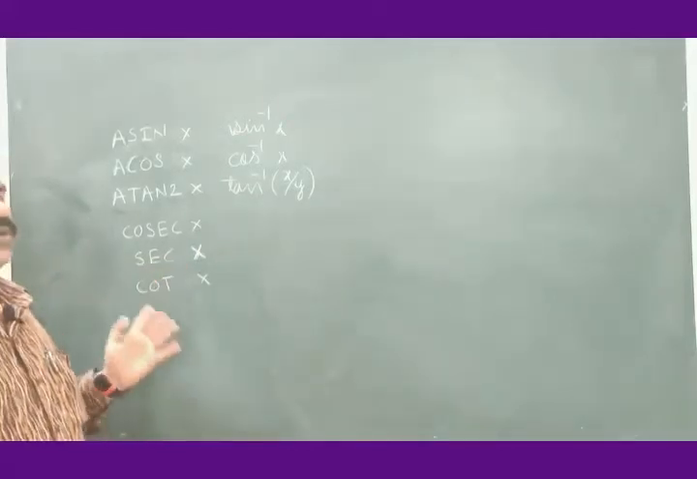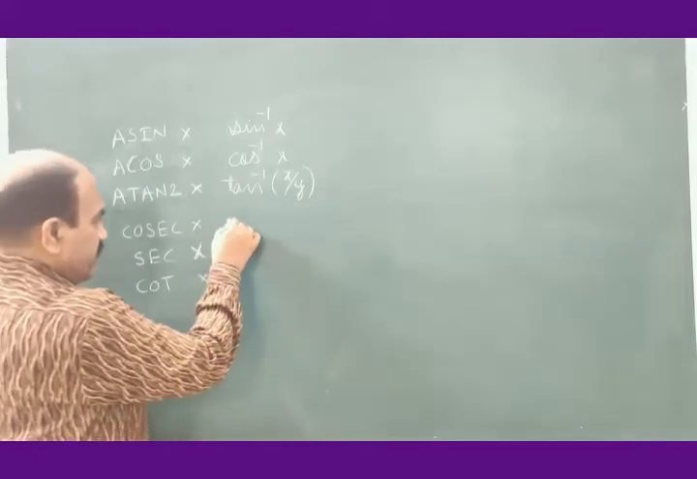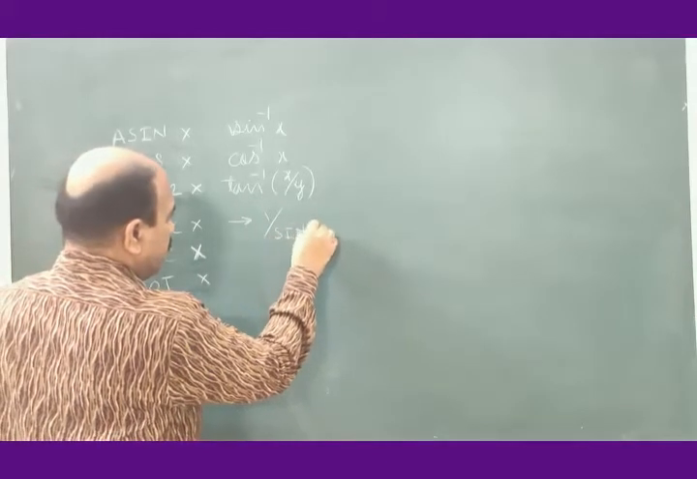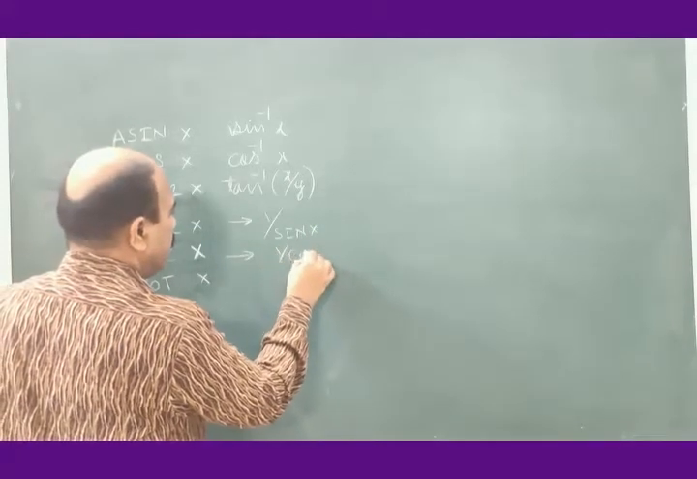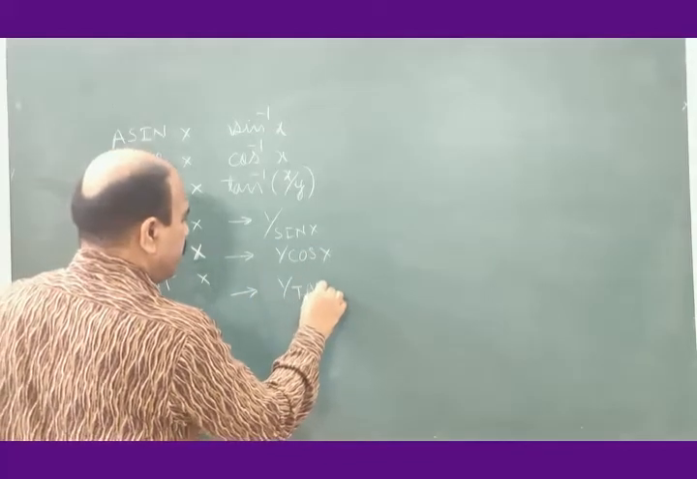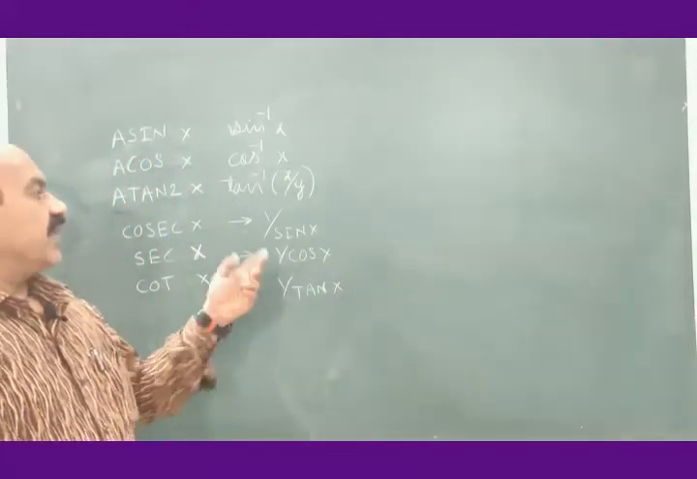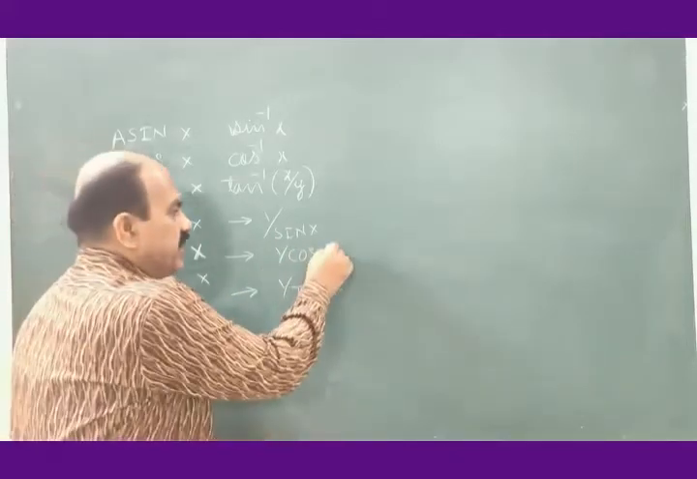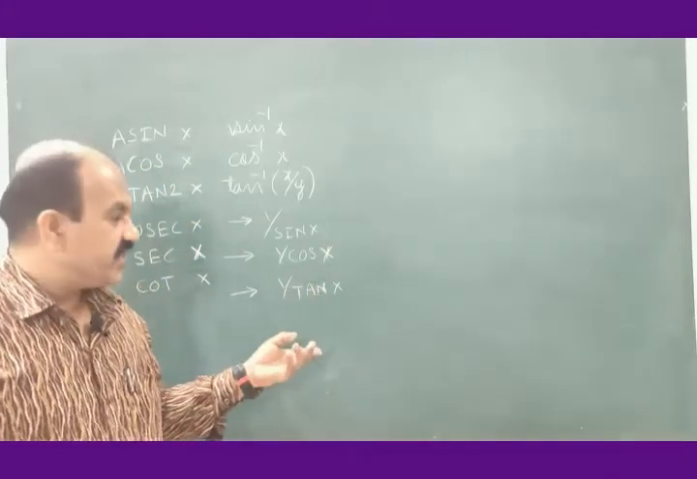COSEC x, SEC x, COT x. What is this? This is 1 divided by sin x. What is this? This is 1 divided by cos x. What is this? This is 1 divided by tan x. So, if you know sin x, cos x of an argument, where the arguments are provided in radians,